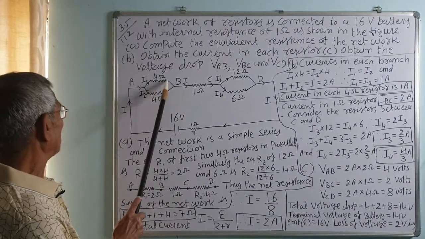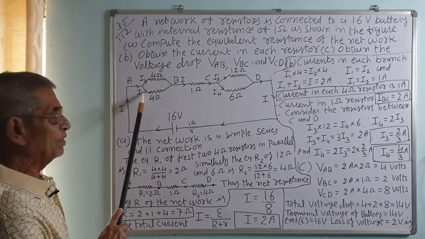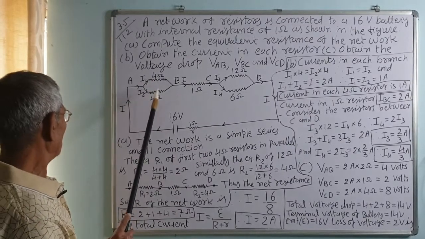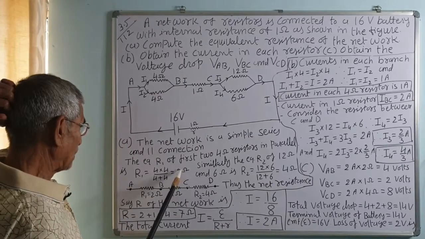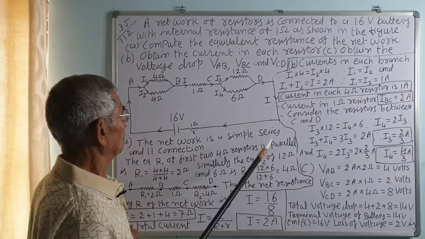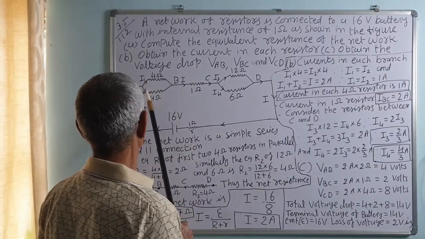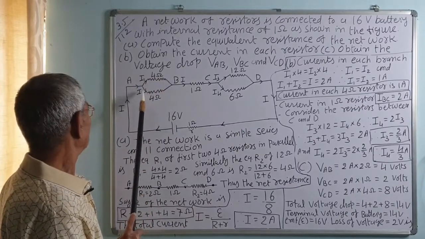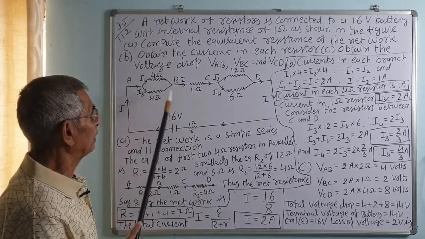You can see this is a symmetric circuit, there is 4 ohms and 4 ohms. So, I1 is equal to I2 naturally, both the resistors are the same. Or you can consider the equivalent resistor R1 is equal to 2 ohms and calculate the potential drop, and current also. So, current here will be 1 ampere, here also will be 1 ampere, or you can use the equation I1 into 4 is equal to I2 into 4, that is I1 is equal to I2.